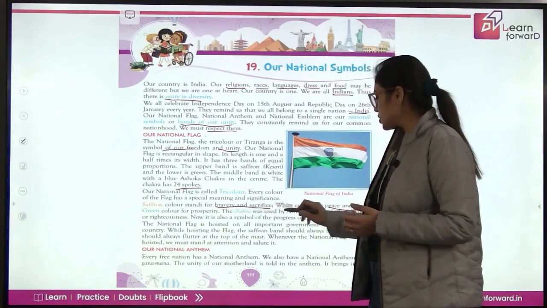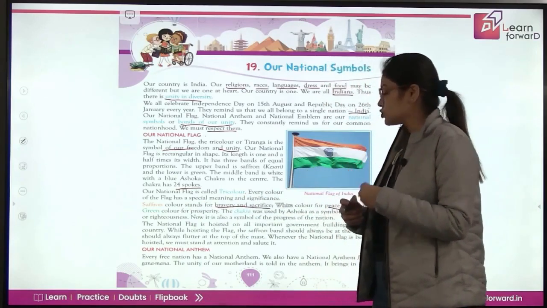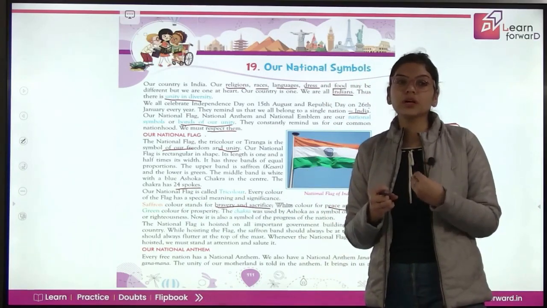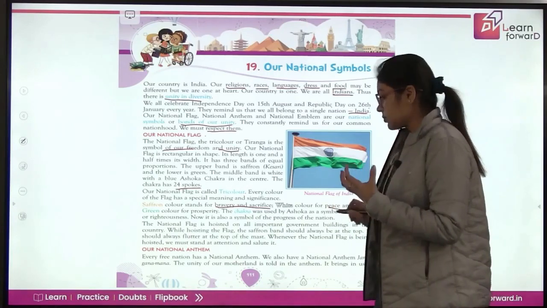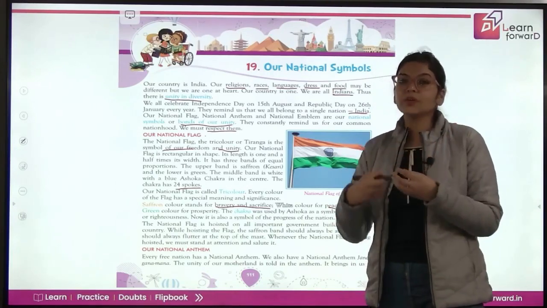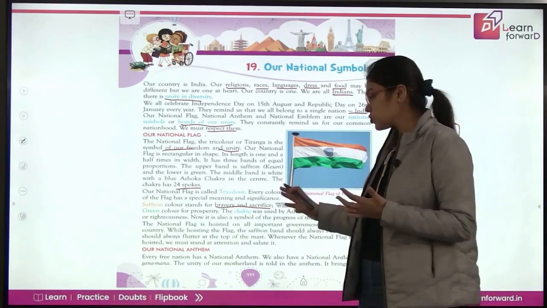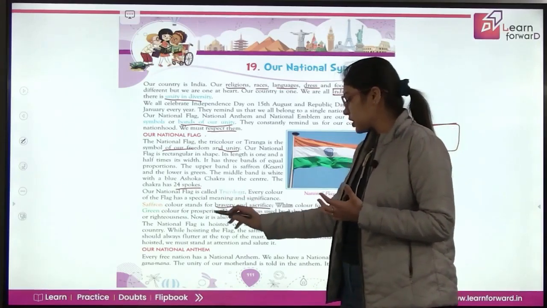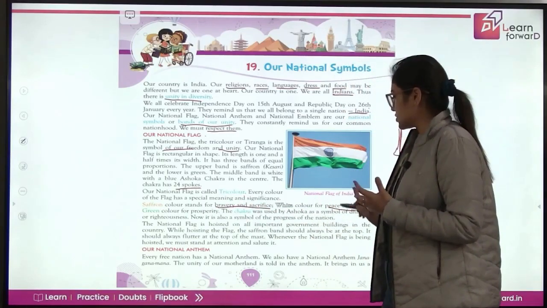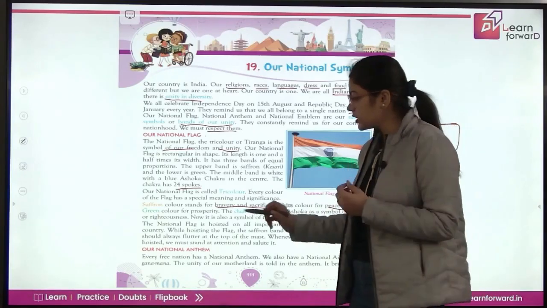The chakra was used by Ashoka as a symbol of dharma or righteousness. So जो अशोका थे, the ruler, उन्होंने इस चक्र को as a symbol use किया था for dharma, मतलब धर्म इज जो आप रिलीजन बेसिकली फॉलो कर रहे हो, ये राइटियसनेस की जो चीज सही है। तो अशोका ने उस चक्र को इस चीज के लिए सिंबल यूज किया था, but now it is the symbol of progress of the nation. Basically, now what does Ashoka Chakra show? It shows the progress of the nation.